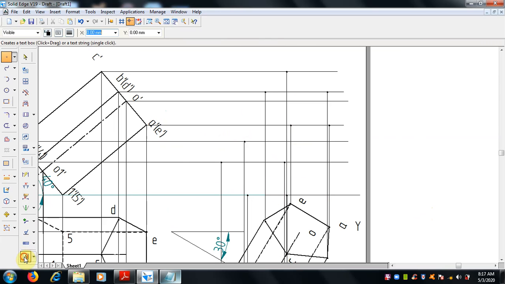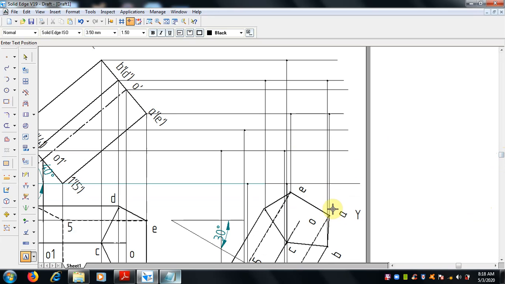Anyhow we have to mention the numbers. So here, this is A dash, A and A, B dash. Before joining all the lines, we have to confirm whether we are doing it correctly or not.